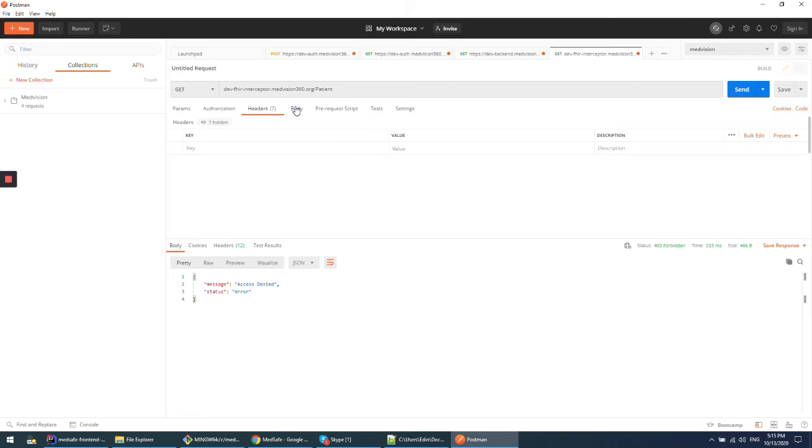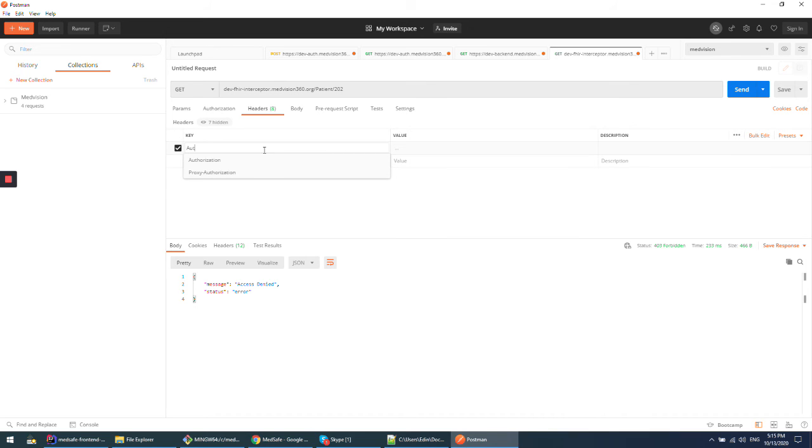So the FHIR interceptor as well has its own base URL, and everything that comes afterwards conforms to the FHIR standard. So creating the full link to get the information about the patient would require us to use /patient/202. As well, for the FHIR interceptor and any other endpoint, we also need to provide the proper header